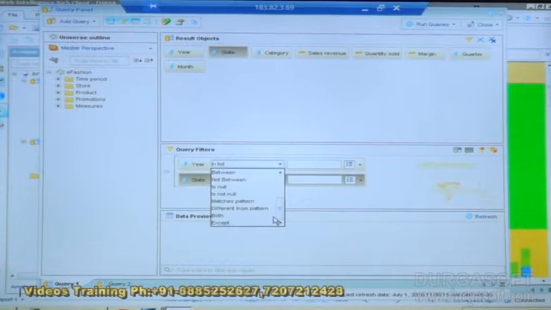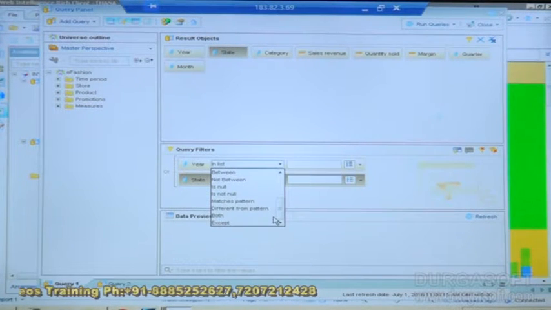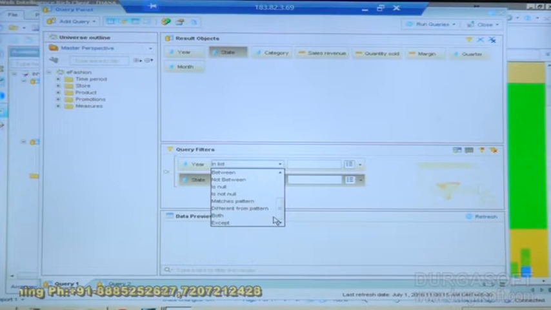So how will it take place? Now, in this part we have various elements in which we can perform all those activities.